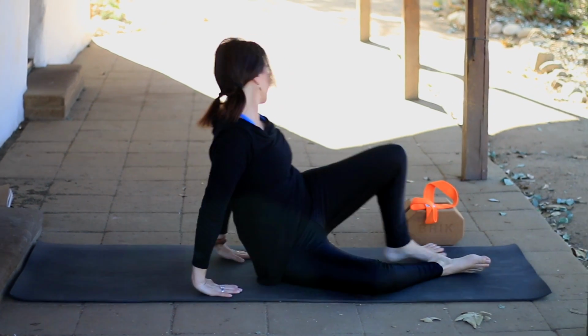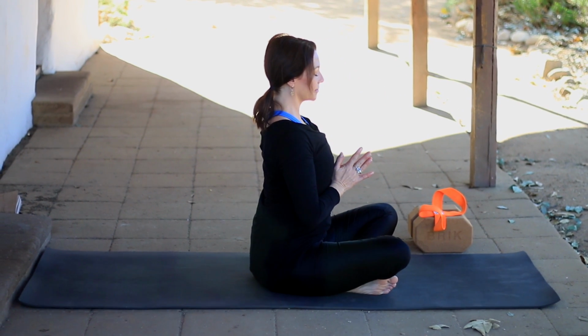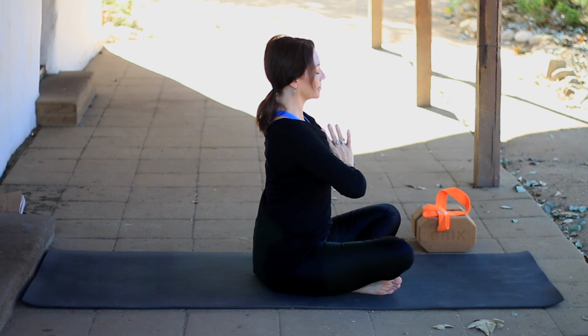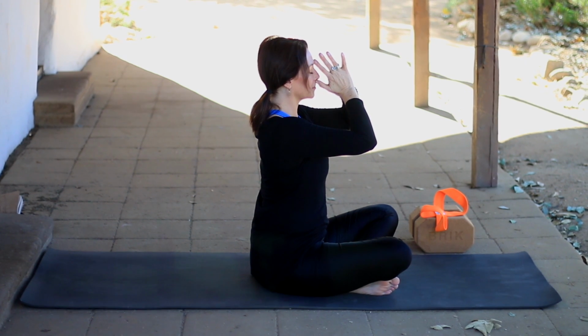Come on up to seated, and we'll bring our hands together in front of the heart. Bringing hands to the forehead to remind us to have clear and loving thoughts. Hands to the heart center to remind us to have clear and loving intentions. And hands to the mouth to remind us to have clear and loving communication, sending out positive energy to all